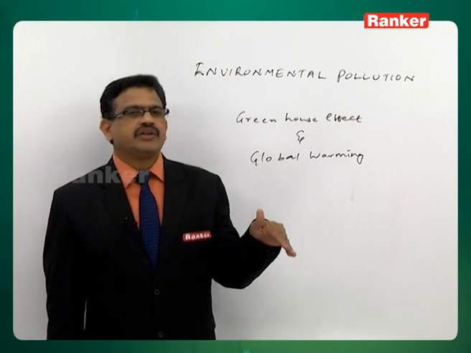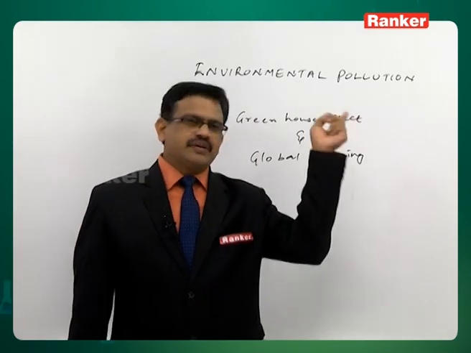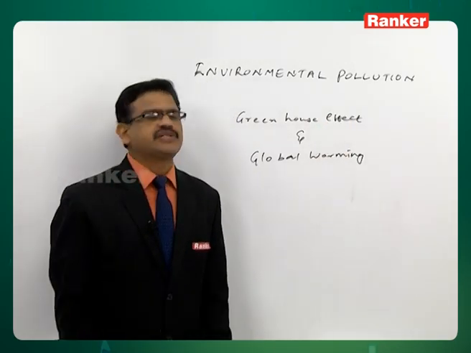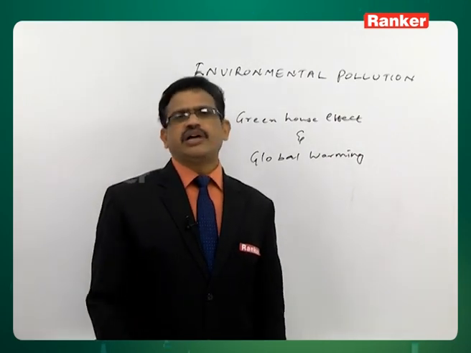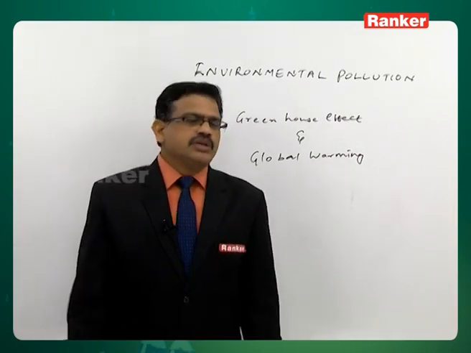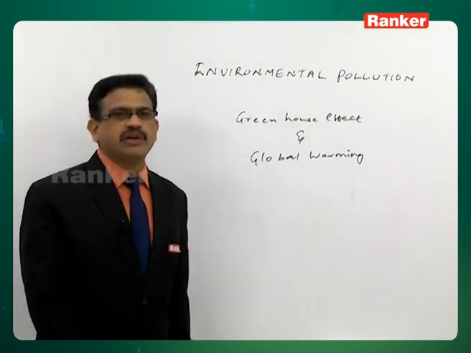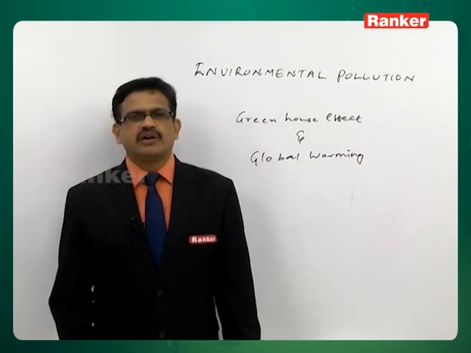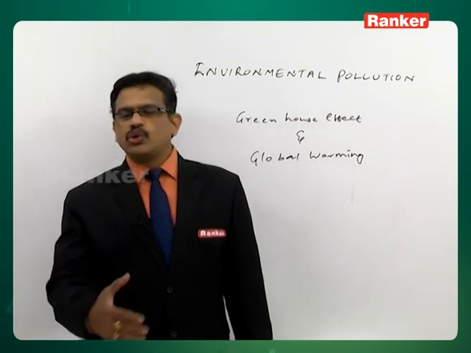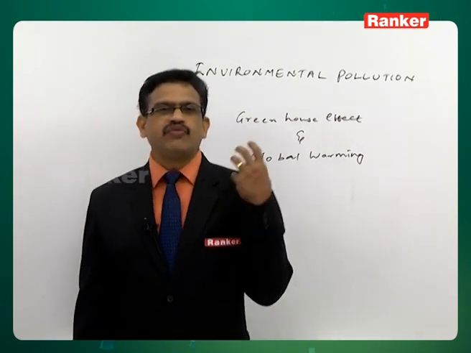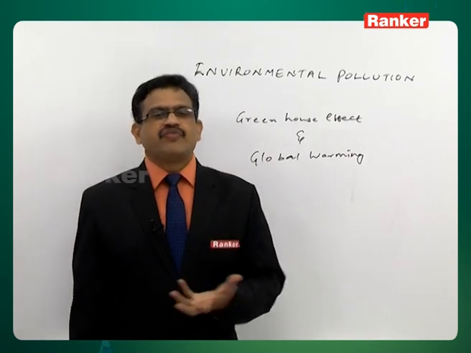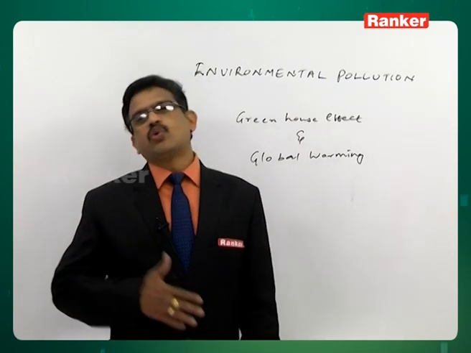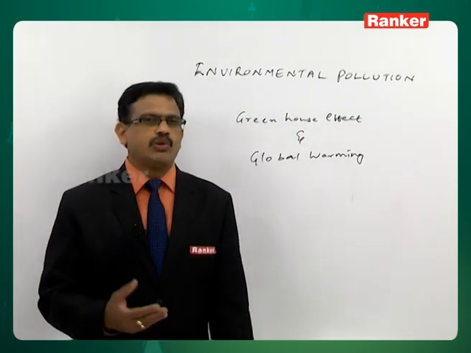This blanketing effect will not allow heat radiations to go back. When heat radiation doesn't go back, it is reflected once again back to the earth's surface, and that causes the greenhouse effect and also global warming. So this is the main concern about the excess levels of carbon dioxide and water vapor in the 0 to 10 kilometers. As you know, deforestation and burning of fossil fuels increase the carbon dioxide level. 0.03% is safe, but if it goes beyond, it causes these two effects, global warming and